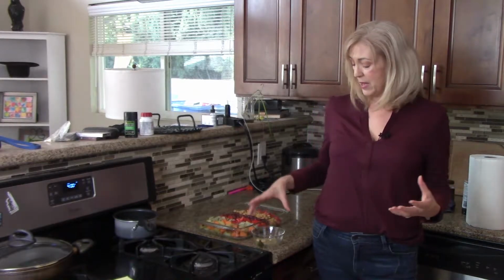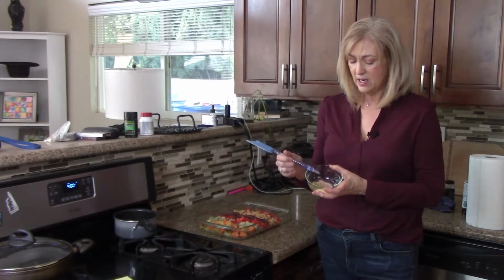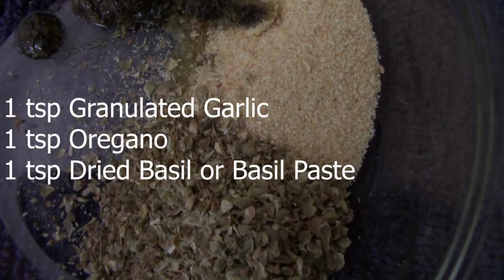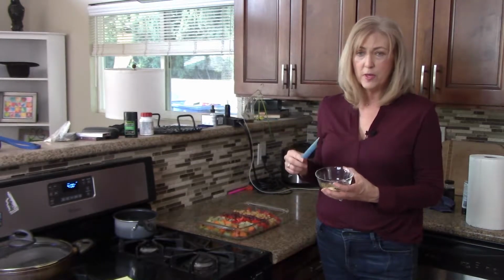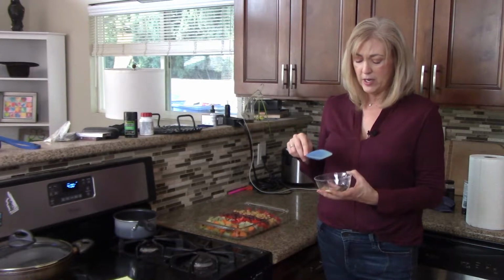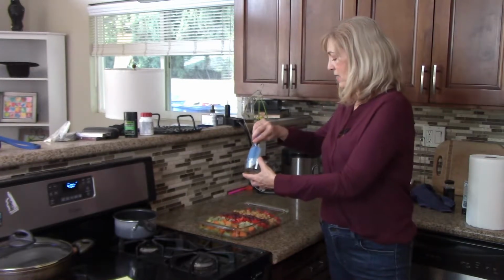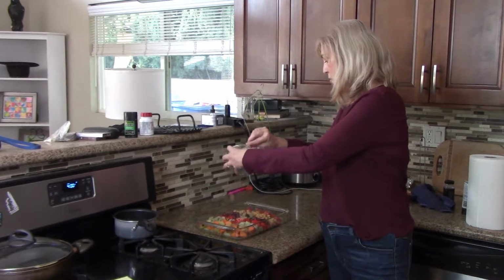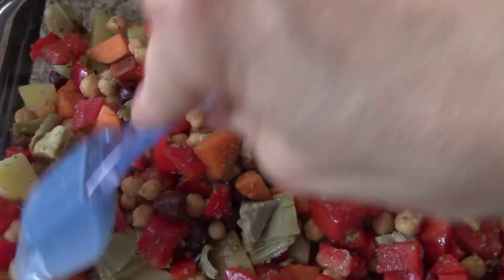But it's really easy to make, and to this dish we are going to add 1 teaspoon of granulated garlic, 1 teaspoon of oregano, and 1 teaspoon of basil. I didn't have dried basil, but I have a basil paste, and so it does have a little bit of oil in it. If you're no oil, you might want to get the dried basil, but that's what I had, and so I'm going with that, and I'm just going to pour it all over the yummy veggies